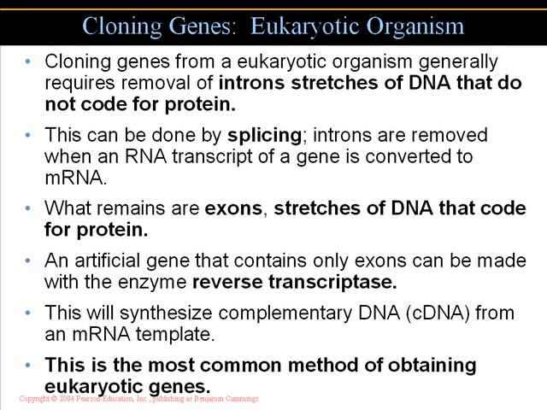This is done by splicing. The introns are removed when the RNA transcripts of a gene are converted into messenger RNA. What remains are referred to as exons, stretches of DNA that code for specific proteins, and this is what you want. An artificial gene that contains only exons can be used with the enzyme reverse transcriptase, and this will synthesize complementary DNA sequences from the RNA. Most of these methods are used in obtaining eukaryotic genes, especially